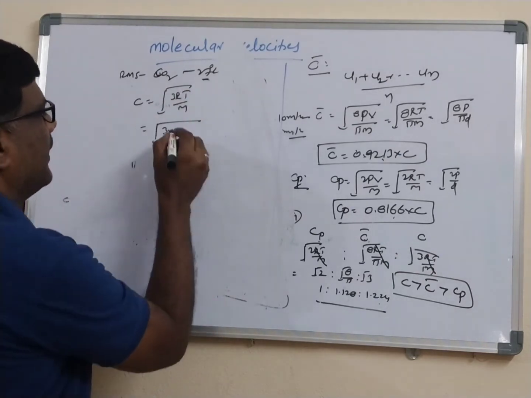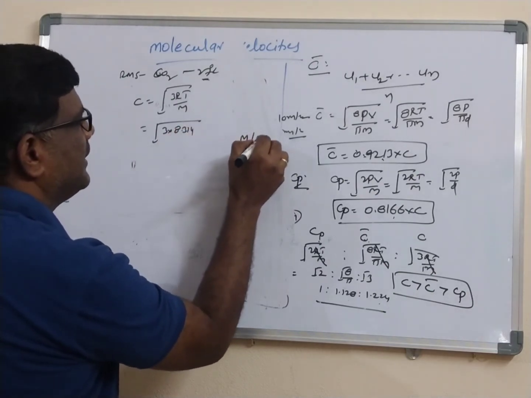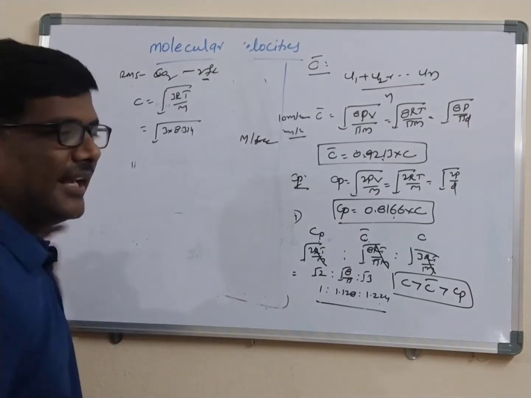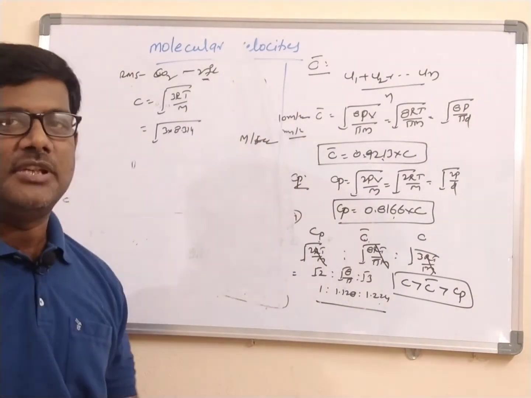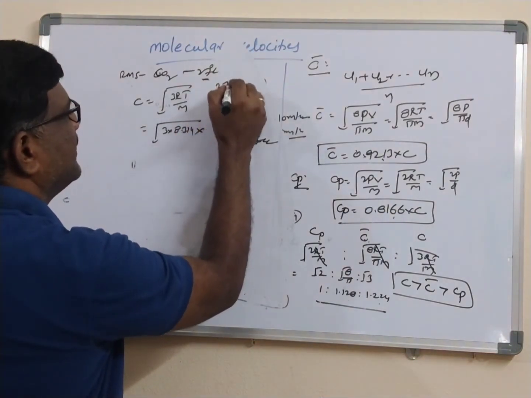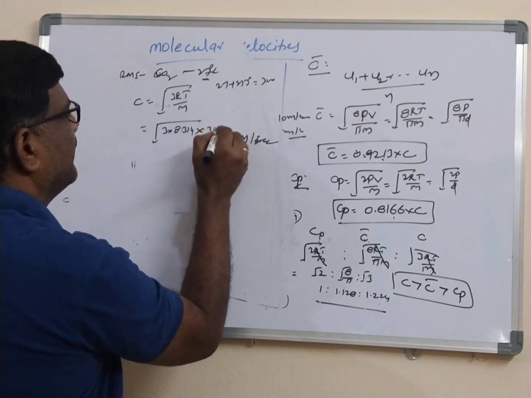If you take the R value in joules, 8.314, then the answer will be in meters per second. If you take 8.314 into 10 to the power of 7, then the answer will be in centimeters per second. Into T, 27 degrees centigrade is converted into kelvin, which is equal to 300, divided by